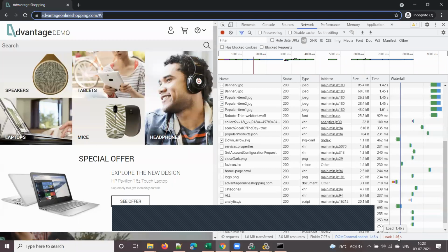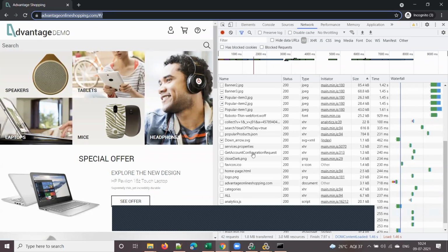Sorry, I think this is the total response time, because the DOM content loading time is showing as 1.46 seconds. I think by mistake I told this one. This is the DOM content loading time, 1.46 seconds, and the finish time is approximately 8 seconds.